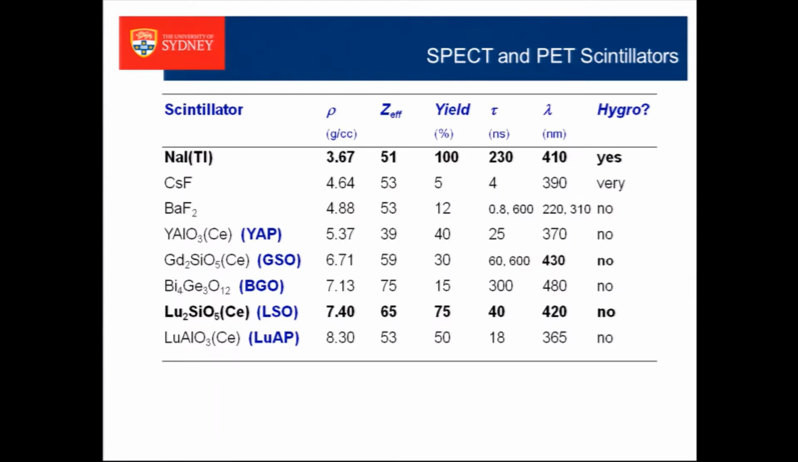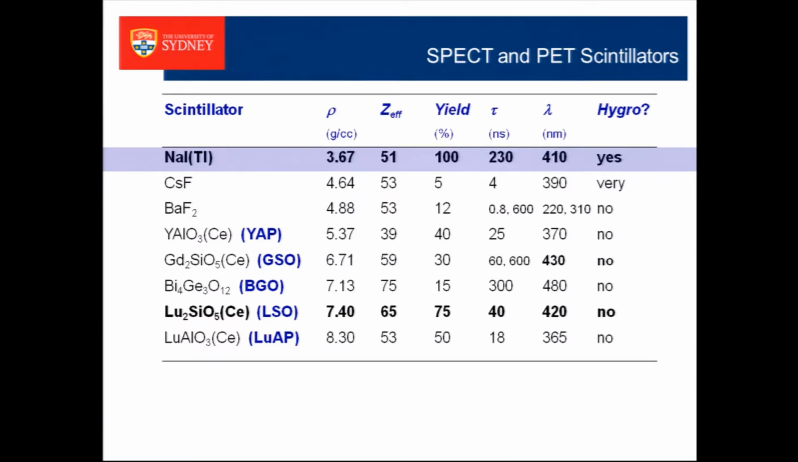Now, the next talk will probably cover the subject of scintillators in some depth, so I'll just very quickly cover some of the basic elements of scintillators. We'll look first at sodium iodide doped with thallium, which is by far the most common scintillating material used in SPECT. And in terms of the properties of scintillating materials, the things that we would like to have are high